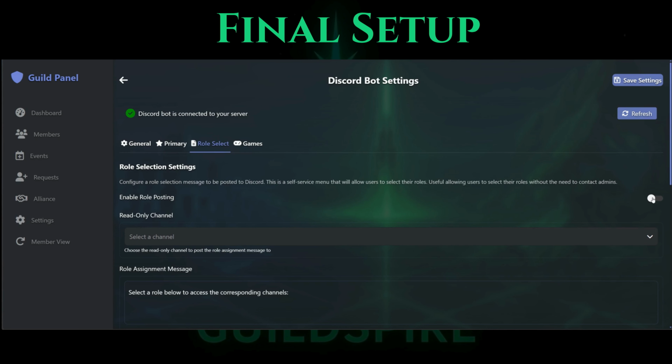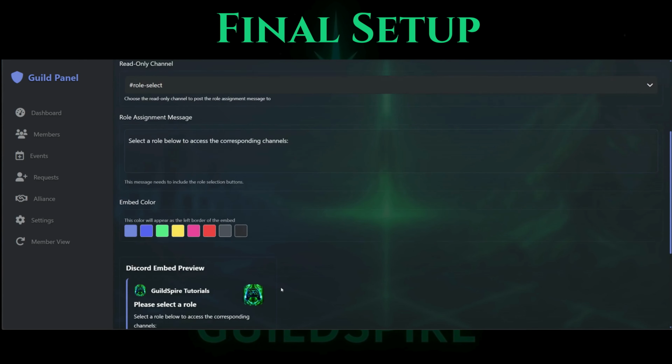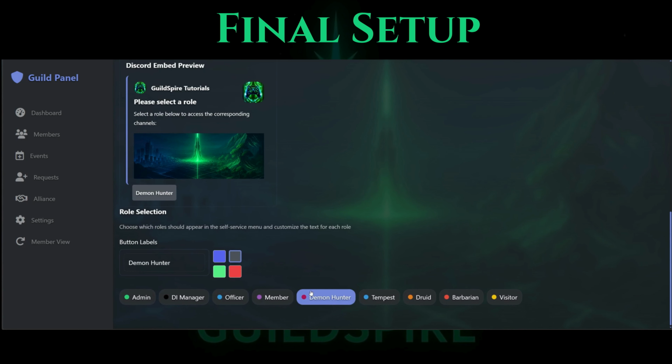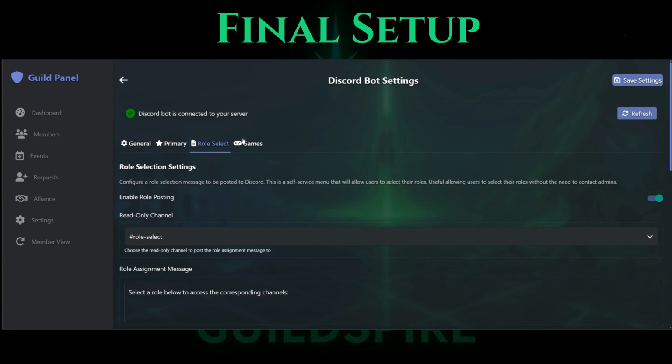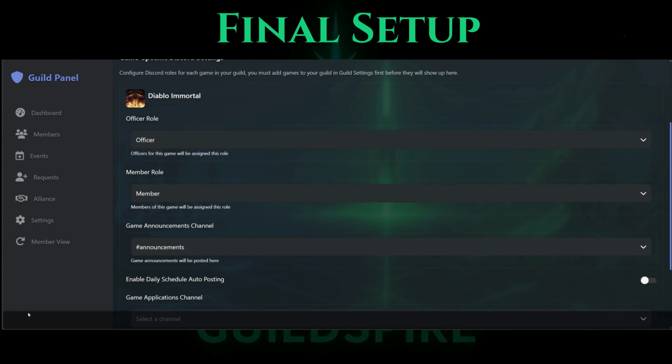In the Role Select tab, you can assign your self-serve roles, which will be used by the Post Roles command to let users choose classes, factions, or public roles on their own. Finally, under the Games tab, you'll assign all the game-specific roles including officer and member, and game-specific channels, including announcements,